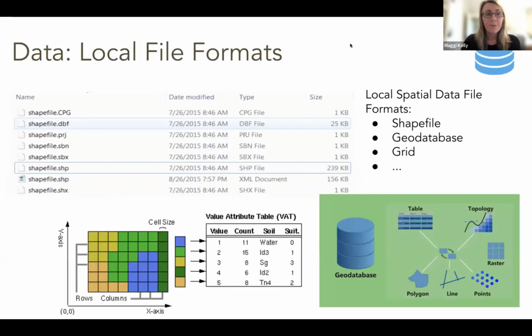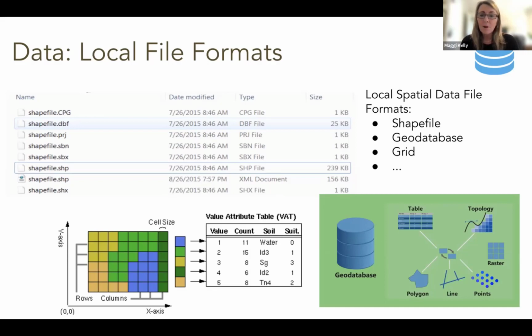Another thing to mention is file formats. So raster and vector are the data models that we use, but what file formats do they come in? They can come in a lot of different ways, and file formats can be local or they can be cloud-based. For local file formats, you who have used Pro a lot or used ArcMap a lot know these. You can have shapefiles, which are a collection of individual files that have to all be pulled together. There's also grids. That's an Esri native file format for raster data.